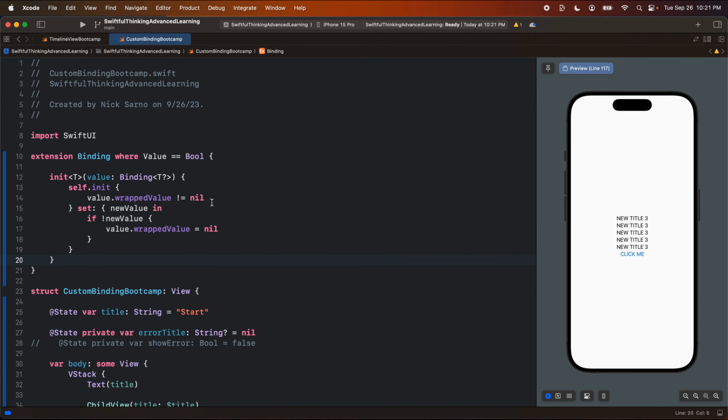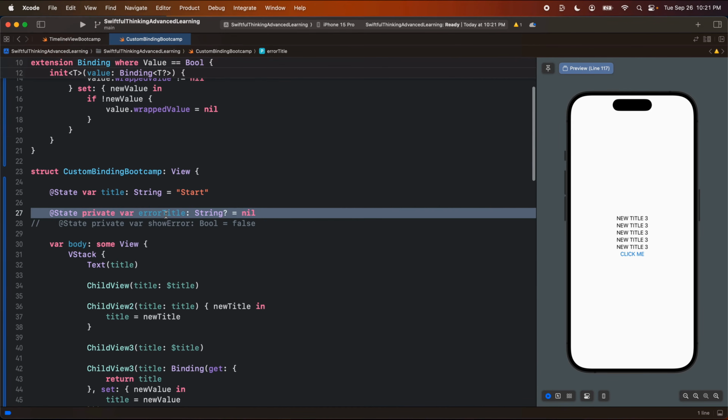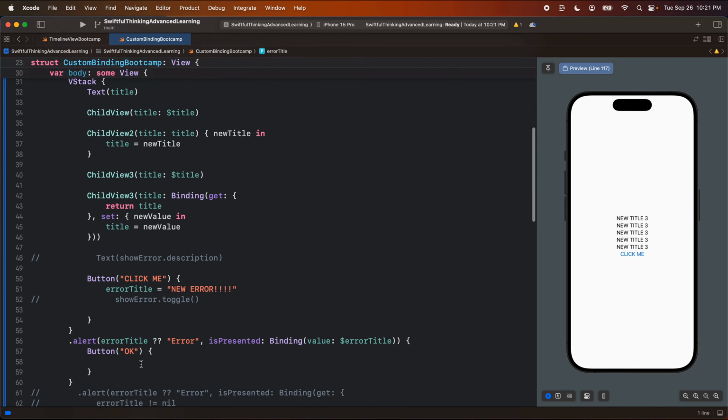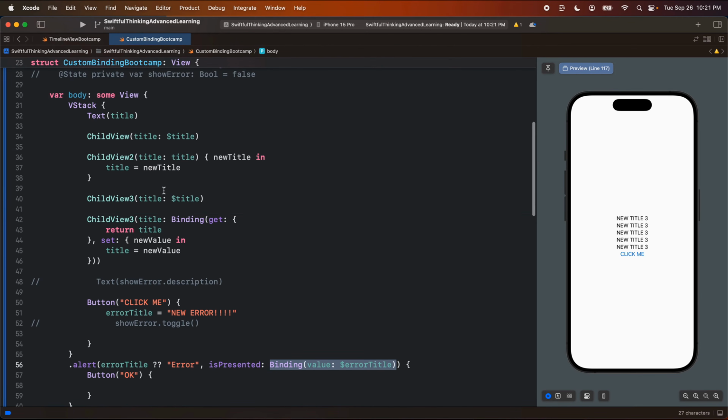We learned what custom bindings are. In the next video, we're going to build on this error here, and we're going to look at some more advanced ways to handle errors in SwiftUI apps. And this is a great starting state. I think this code is so much cleaner than how we started, but we can really build on this and get this even better. In the videos after that, though, we're going to start building on these custom bindings and